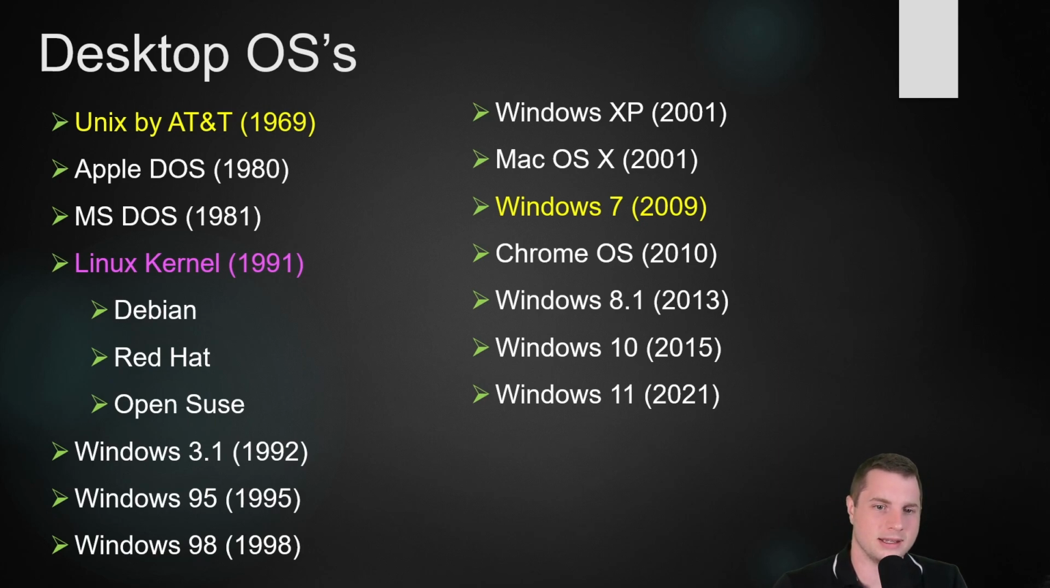Vista is not in there. That's part of the reason why Microsoft Vista was largely considered a prototype OS. Had a lot of problems with it. Windows 7 was basically Vista, just better with all the bugs ironed out. Chrome OS, 2010. Windows 8.1, 2013, wasn't very good. Windows 10, 2015, good. Windows 11 has its own problems, but